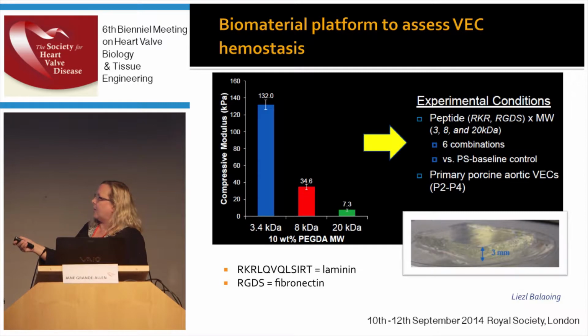combinations of polyethylene glycol hydrogels of different stiffnesses. So a range of stiffnesses due to varying the molecular weight of the PEG, and then different ligands on the surface of the hydrogel. So a ligand derived from laminin, one that's reported to be more involved with thrombosis, and a ligand derived from fibronectin. And so we have been